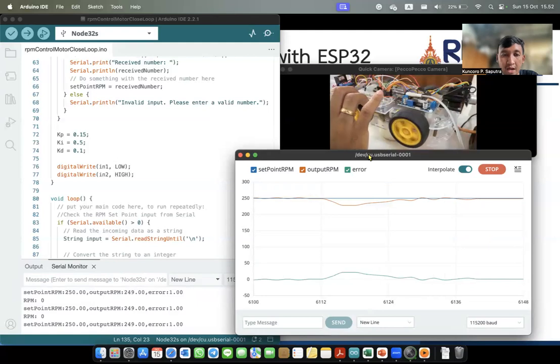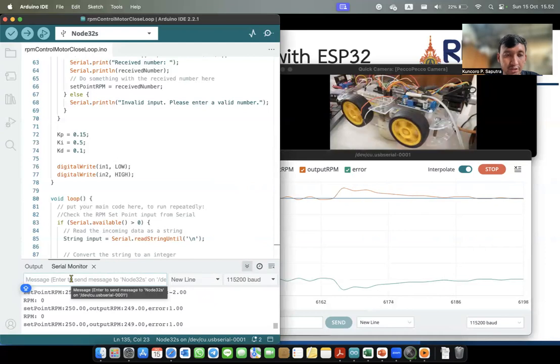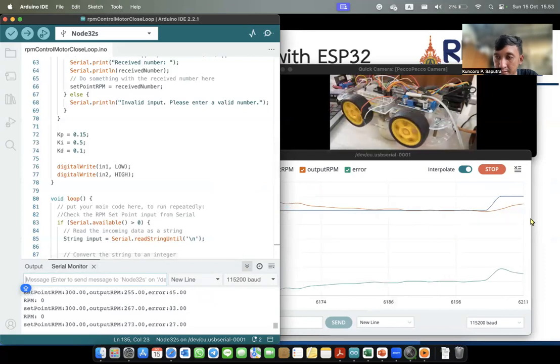But if I release my hand, the motor rotation will be faster, but the motor will be controlled again to our desired output, our set point of 250. If I set a new set point of 300, the motor response is like this, no overshoot, but the rising time is slower.